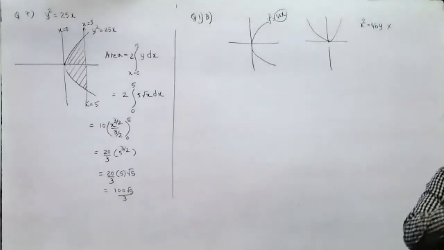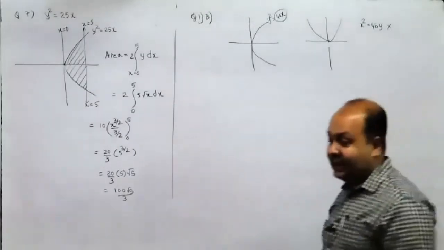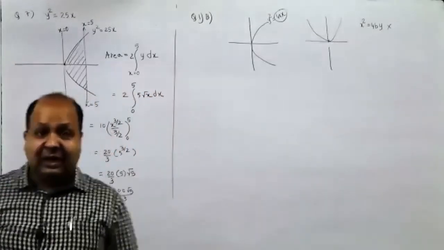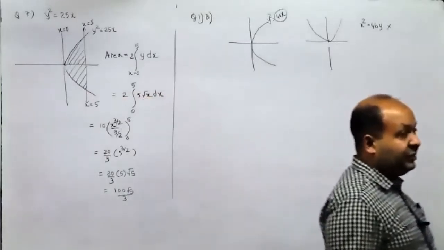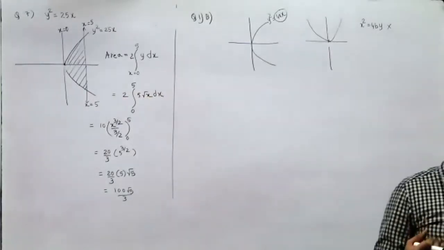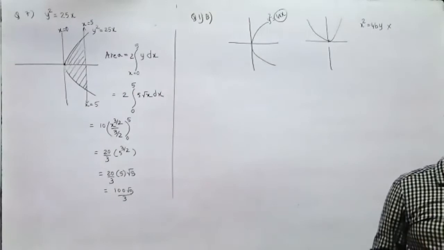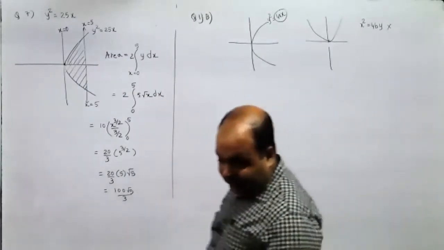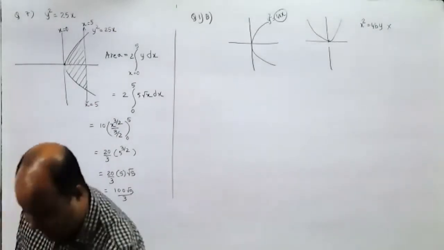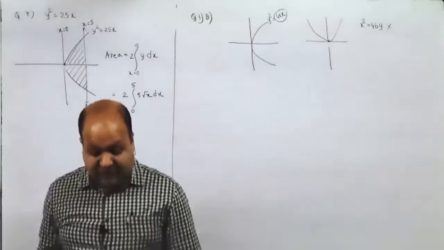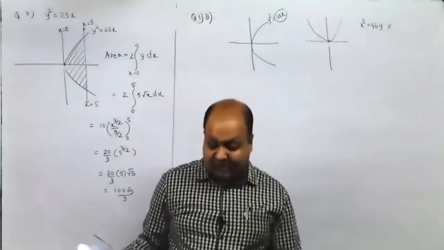The area of the portion lying below the x-axis is negative. Actually, the area is never negative. It turns out to be negative when you calculate it. The answer is negative. I'm not sure what type of answer they are expecting. Yes, the answer is negative, but you don't take it as negative. You consider it to be positive itself.